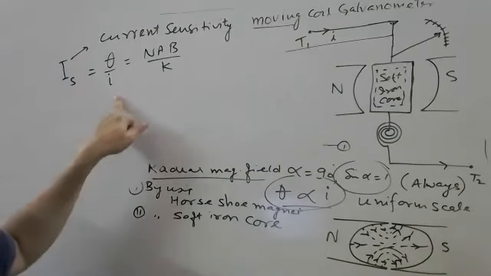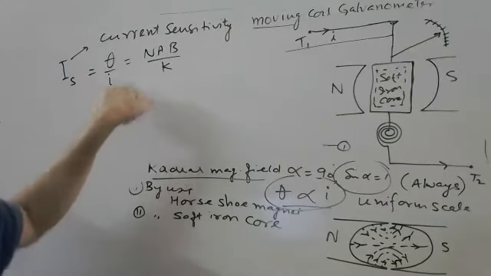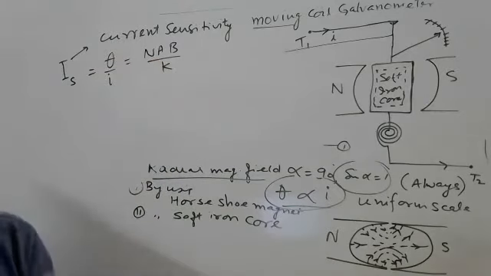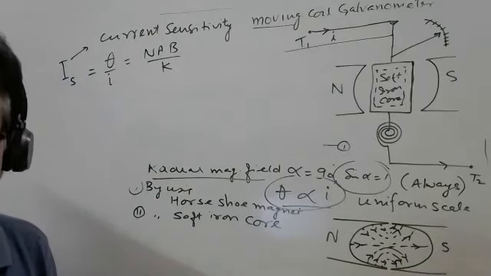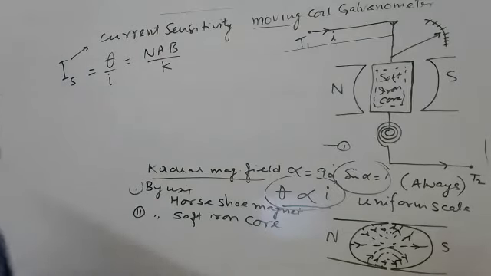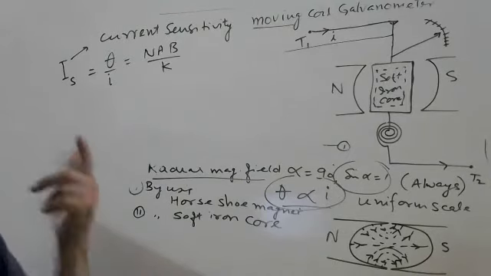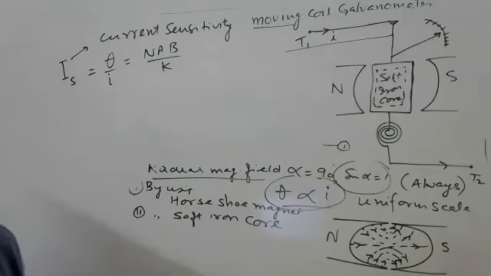If you give a very small amount of current and the deflection is large enough, you can say it is very sensitive. Got it now? Sensitivity means, if anybody is saying something, say your parents say you are not studying, and you are annoyed, it means you are very sensitive. Or they say you are studying very well, and you are very happy, like you are very sensitive. If you are not sensitive, they keep saying it and it makes no difference, you hear it from one ear and let it out the other, it means you are not sensitive.